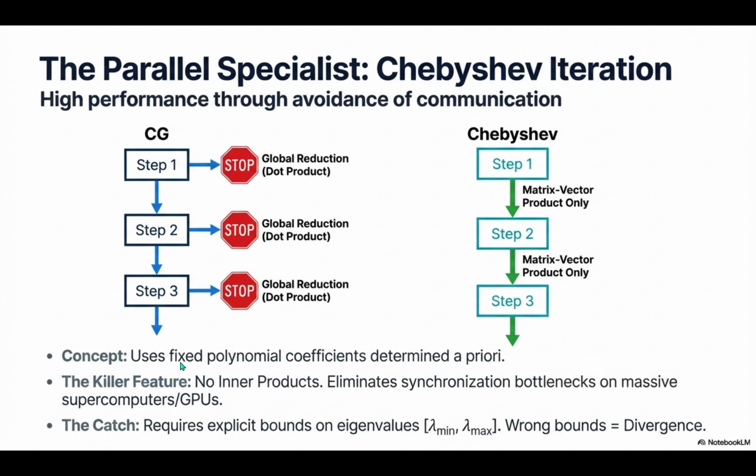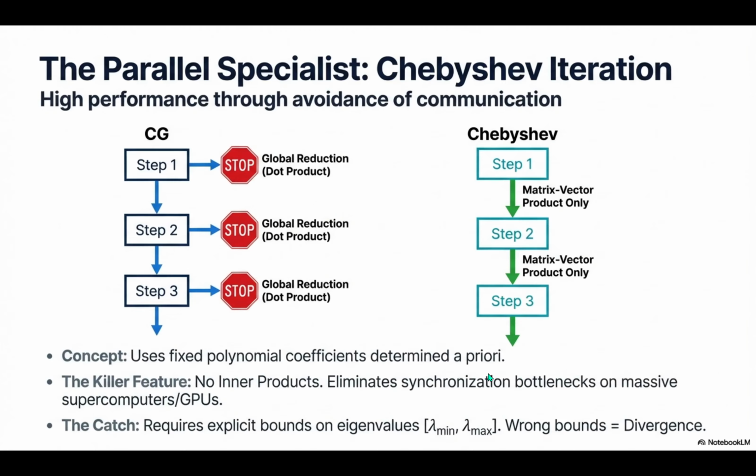And this is where Chebyshev comes back into style. Chebyshev is, well, it's dumb in a very clever way. It doesn't adapt. It follows a preset path. So it doesn't need to stop and ask for directions. Exactly. It only ever looks at its immediate neighbors. Yeah. It never has to stop and ask the whole group for a consensus. It just flows. So on a massive scale, the dumb method is faster because it's not clogging up the phone